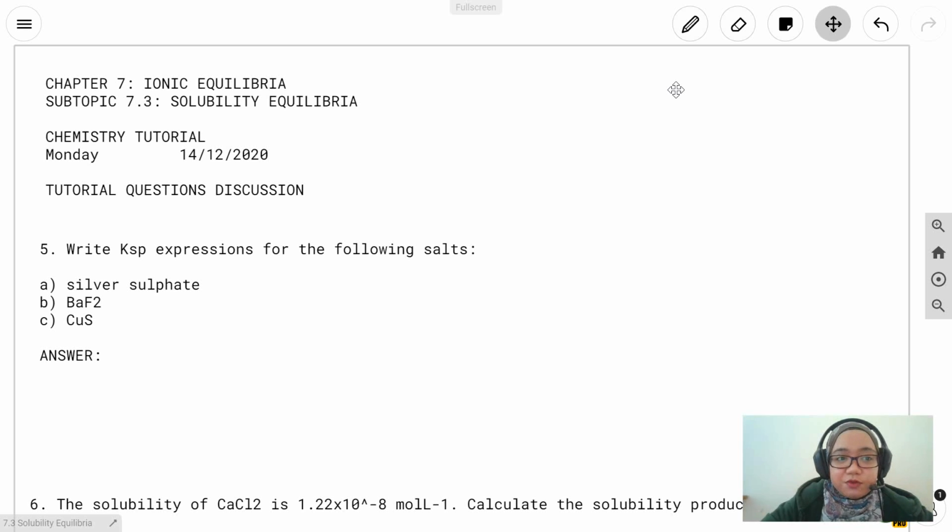So, today we are going to continue with the tutorial discussion since we have finished all the explanation part of chapter 7. So, we are going to look at the tutorial question. For subtopic 7.3, the questions are from question number 4 to question number 9. However, question number 4 is quite simple. You just have to define it. You can find the definition of everything inside your